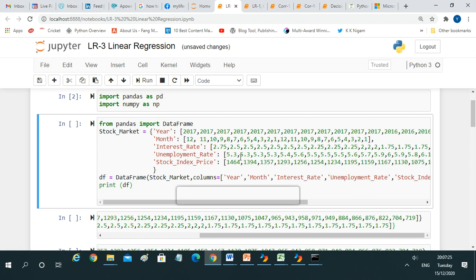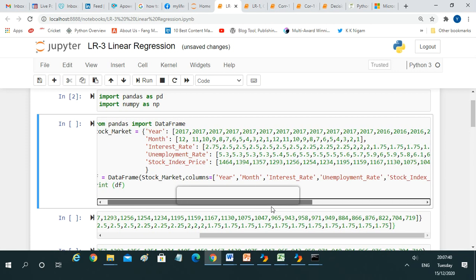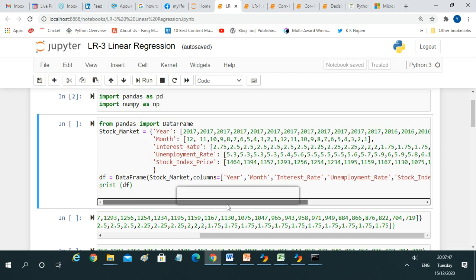Now interest rate is given here for all the 24 months, that means 2017 12 months and 2016 12 months. Then unemployment rate is again provided for the 24 months, and then the stock prices again for 24 months. So this is what our data is. Now this is in the form of